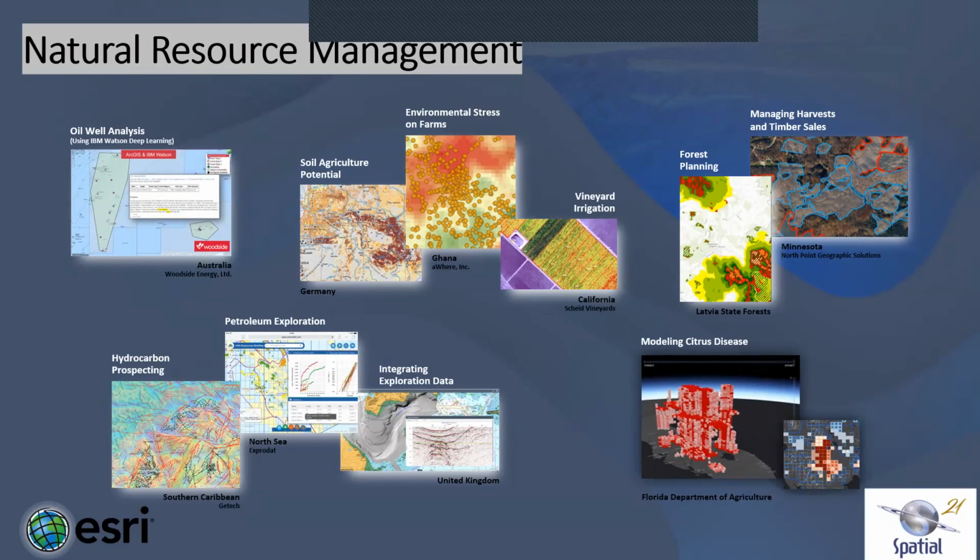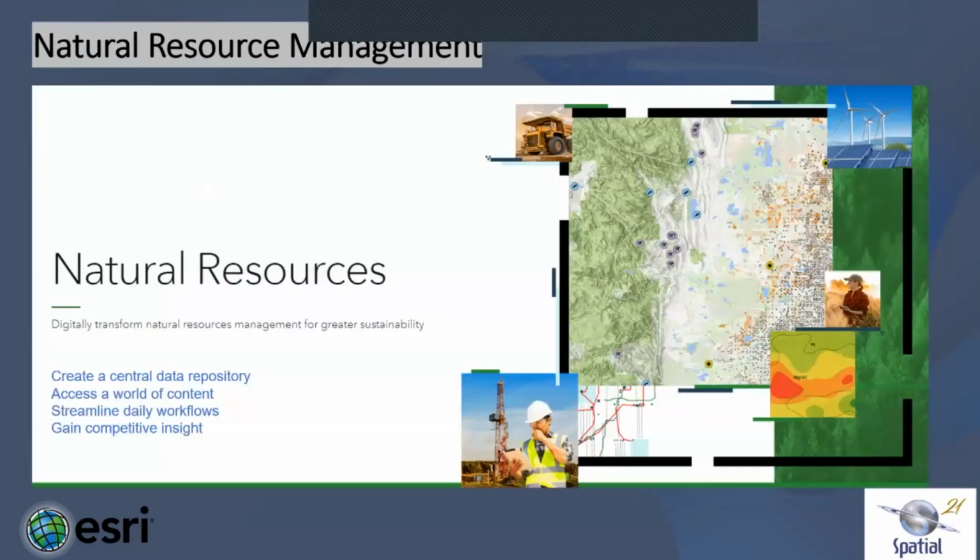The one on the lower right, which is looking at space-time modeling, is looking at a disease that's wiping out citrus plants in Florida. So, GIS in natural resource management,